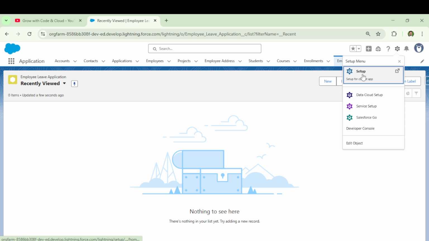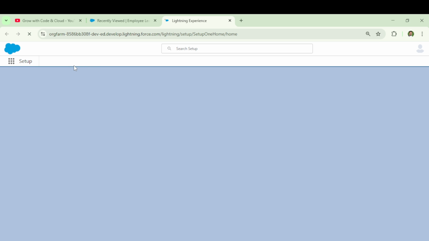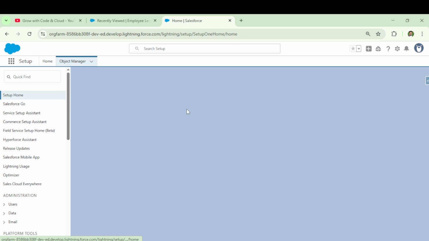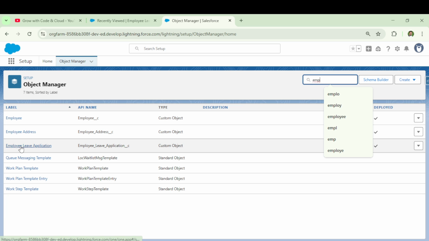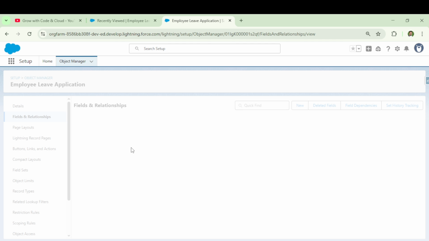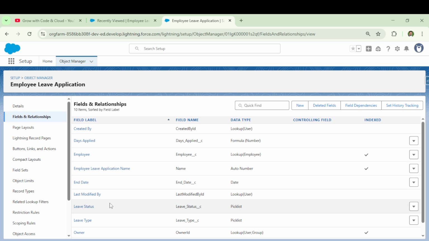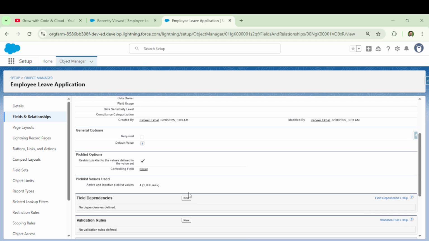So go to your object, employee leave application, go to fields and relationships, then open the leave status field and scroll down.